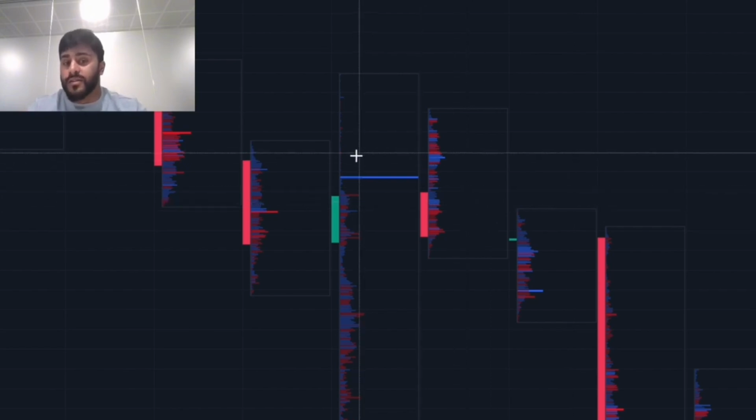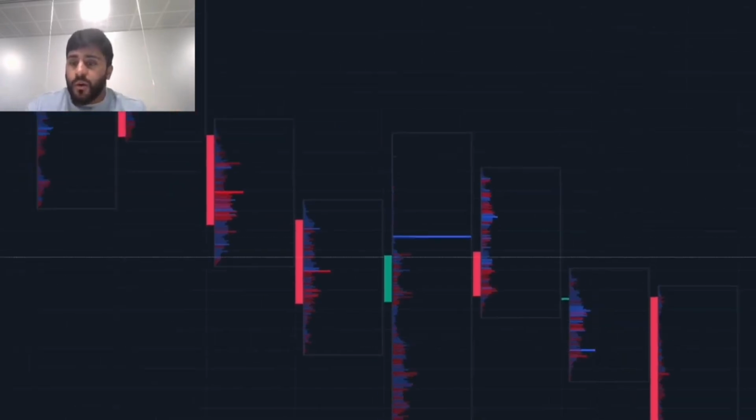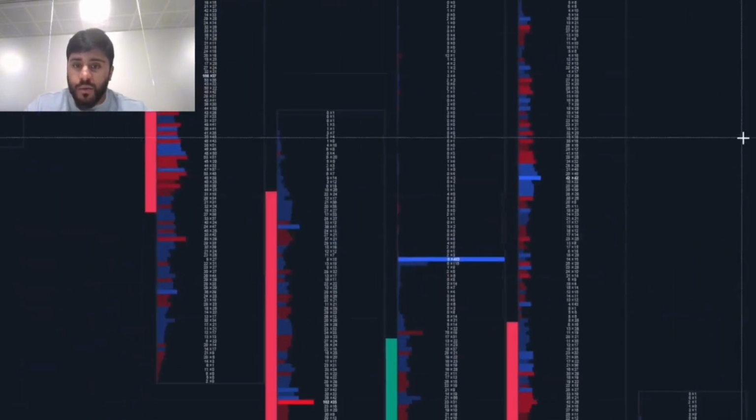I can just read the colors, because the colors give you something called the delta, and the delta is the difference between the aggressive buyers and the aggressive sellers. So if you have a positive delta, it means there's a lot more aggressive buyers than sellers. Quick point, there's not any such thing as more buyers and sellers. There's only more aggressive buyers than aggressive sellers. So let's just dive into this candle and see what was going on. There's two